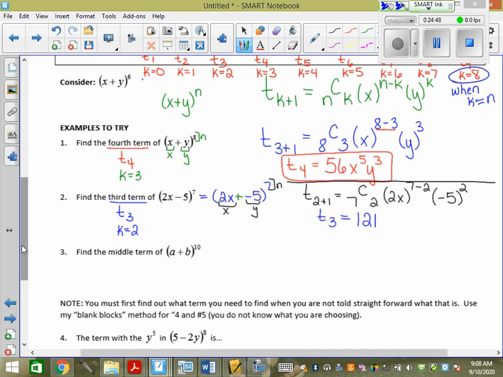Okay, this is where the error happens. So I'm going to make that be a 5. People will tell me it's 2x to the 5. This is why grade 10 is so important.